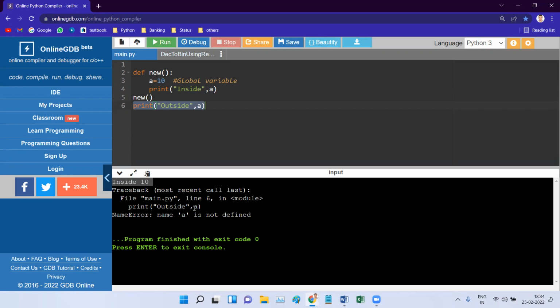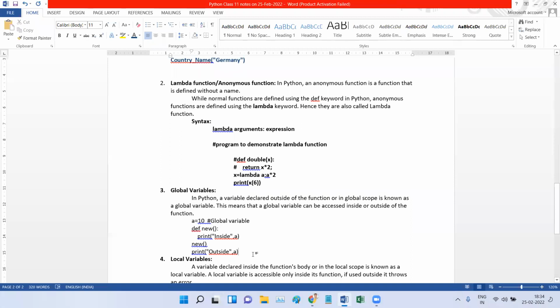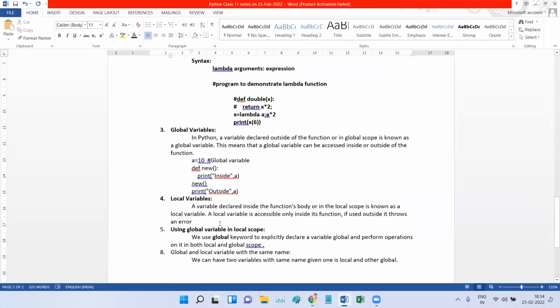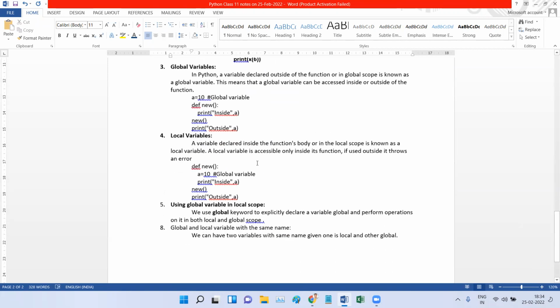Then it says a is not defined, because we are printing it outside. So whenever you define a variable inside a function, it is called a local variable, and whenever you define it outside of all the functions, it is called a global variable. Clear? Local and global is clear. Does anyone still have any doubt? Okay, it seems it is clear.